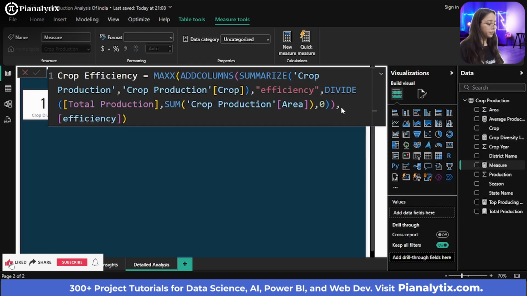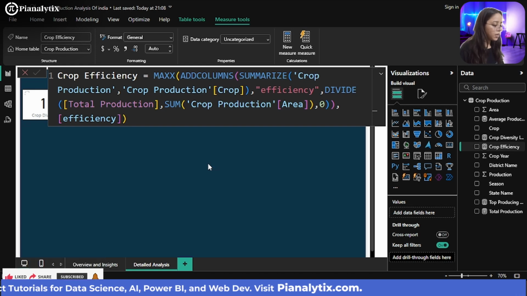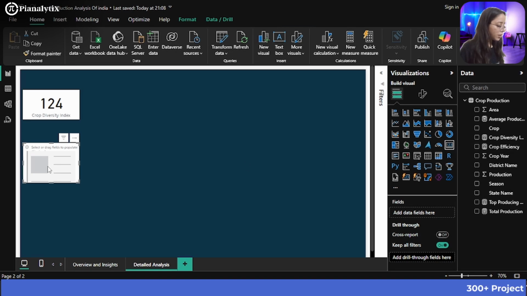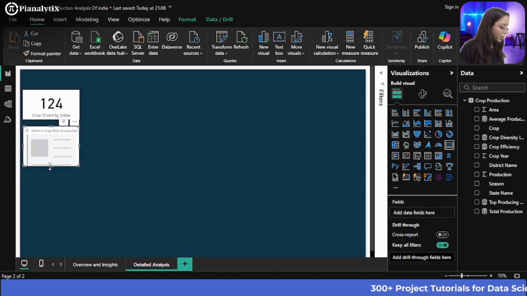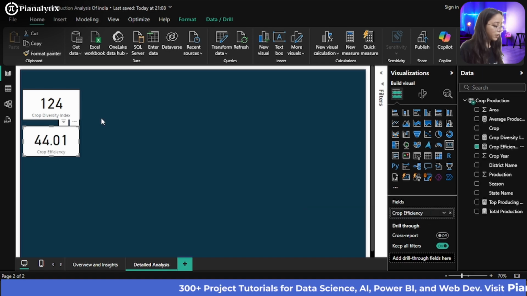Then I'll hit enter. So first I will show you this in a card and then I will explain the DAX expression for this. Let me just choose a card and now my card is here, and let me just resize this and I will drag this crop efficiency all the way here.